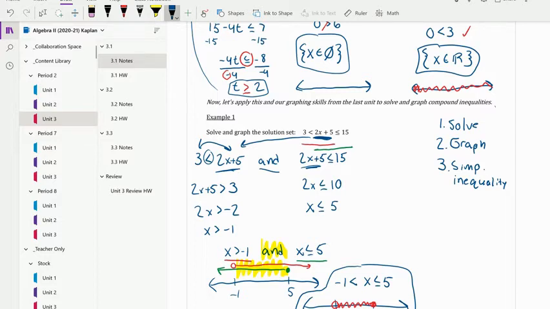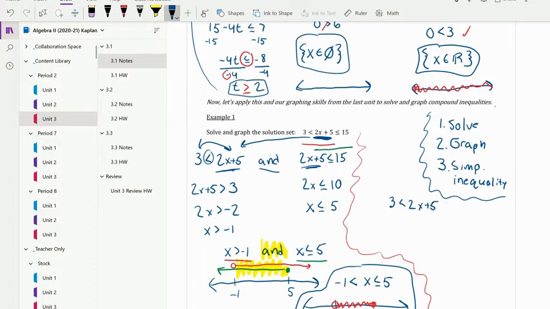That is a range of values. So here's the deal. We actually have another, kind of better way of solving this one. This first version is tried and true. It will always work for you. However, because we've got something nice and simple, 3 is less than 2x plus 5, let me plug that in too,